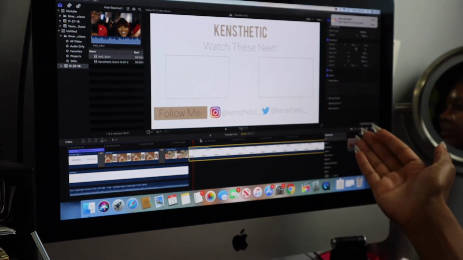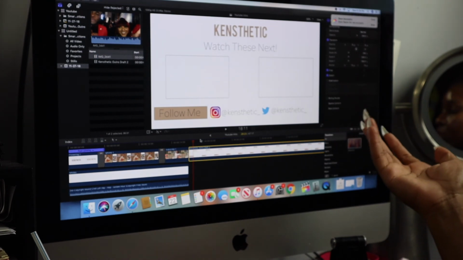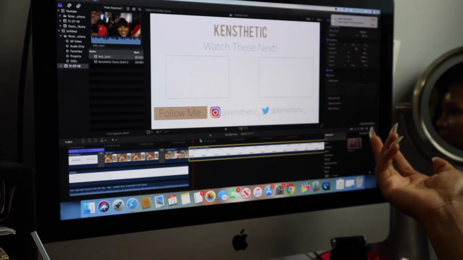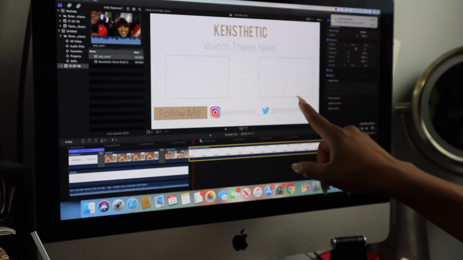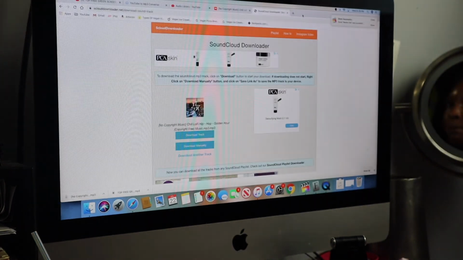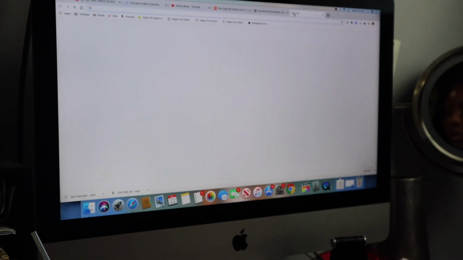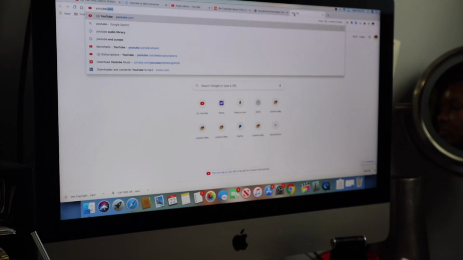So I just found the dimensions of the outro screen, which is 1280 by 720, and I found the dimensions for these specific squares from Google. So I just typed in Google, I just typed in YouTube end screen template,